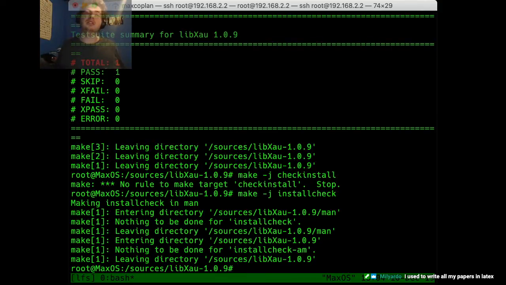So we just installed the libXau shared library, and that's the library of the X authority database routines. Now let's get some more. Actually, yeah. So now let's get libXdmcp. What the libXdmcp package does is that it contains a library implementing the X Display Manager Control Protocol. And this is useful for allowing clients to interact with the X Display Manager.